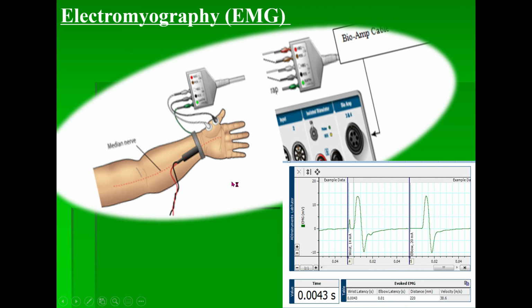In this case, you can see this is the setup of nerve conduction velocity for the median nerve. And you know that there is a disease associated with the median nerve, carpal tunnel syndrome. So whenever a patient comes to you complaining of pain in this area, it may indicate carpal tunnel syndrome. For that purpose, we perform the median nerve conduction velocity test, and this is the setup. First of all, we record the EMG, and from this EMG we calculate the nerve conduction velocity and can differentiate between neurological causes and muscle disorders. So in this way, we have this experiment also included.